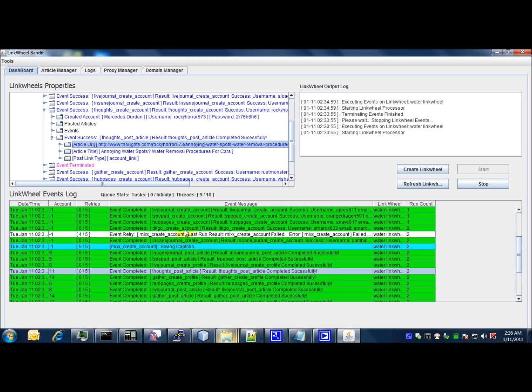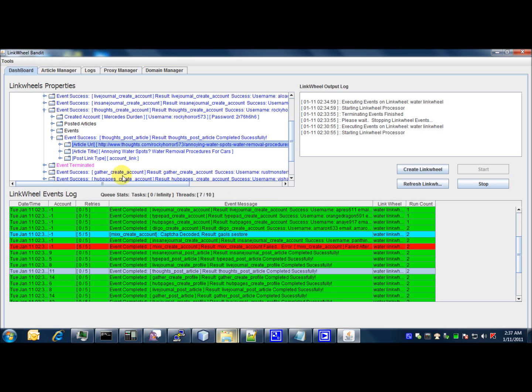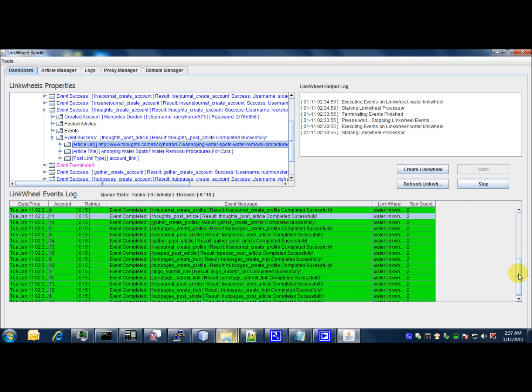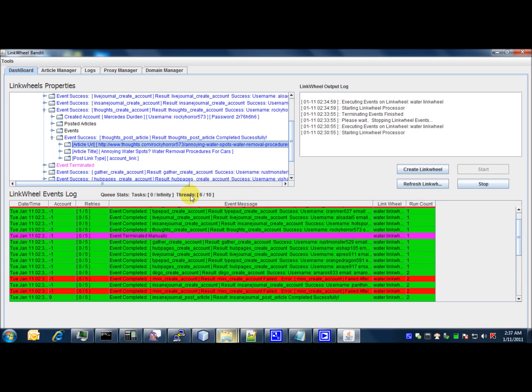Another thing I wanted to mention is inside of this tasks here, you typically don't have to worry about it too much, but you'll also see the current thread count. So basically, that's a good verification. In the global settings, you can set the number of the event threads. Right now, I have it set at kind of a low level. I've tested it up to 25 threads. In the final release, I'm going